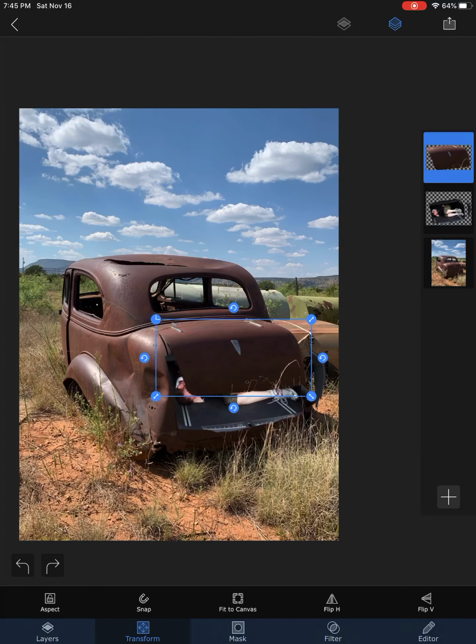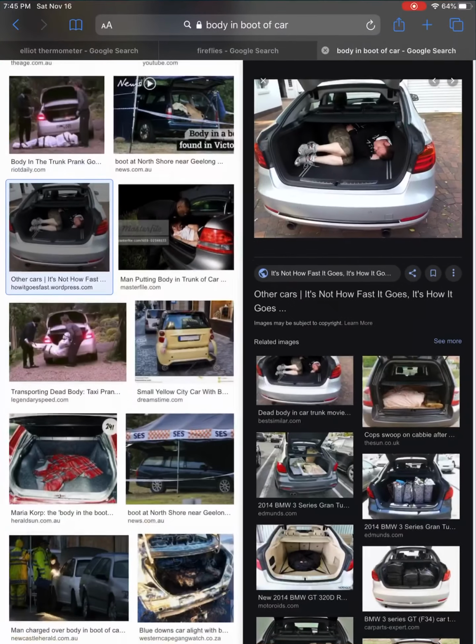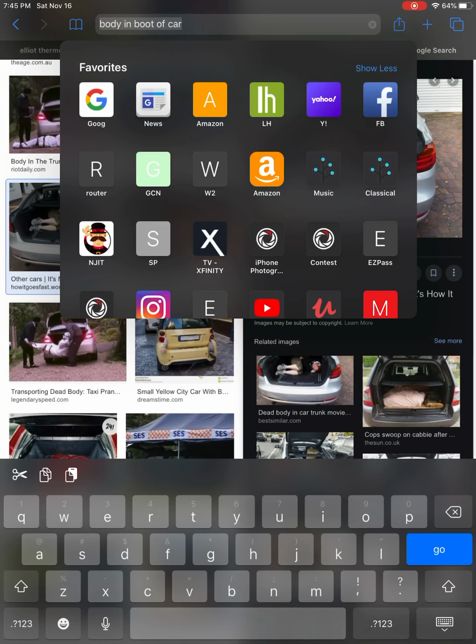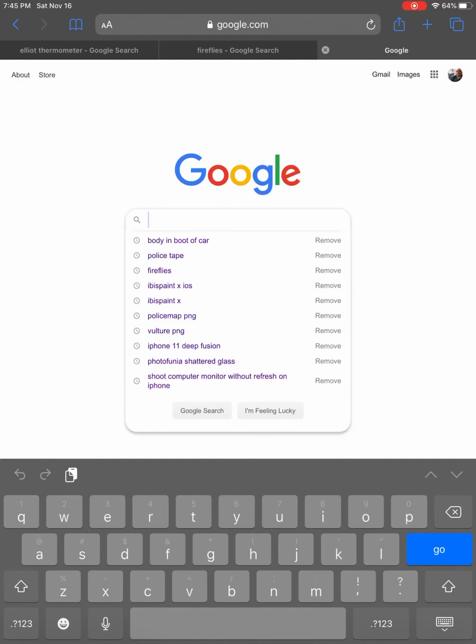And when I'm satisfied with that, I can add some more objects to the image. So, for example, I may like to add some vulture or some creature like that. So I'll again go to Google and search for